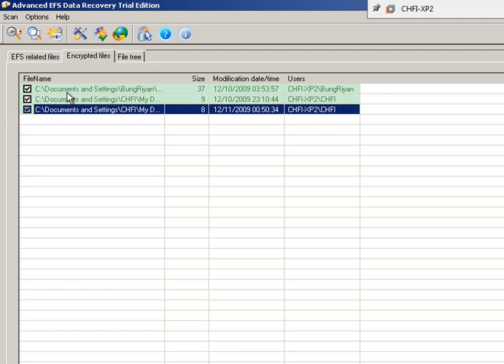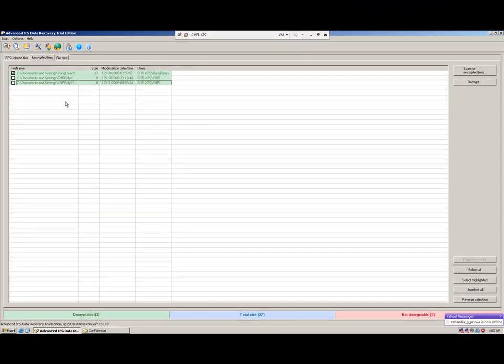And if we just think about which files we want to decrypt, in this case I will just decrypt the files that Bung Rian has. So I untick private 1 and private 2, tick the files that Bung Rian has, and then click decrypt.